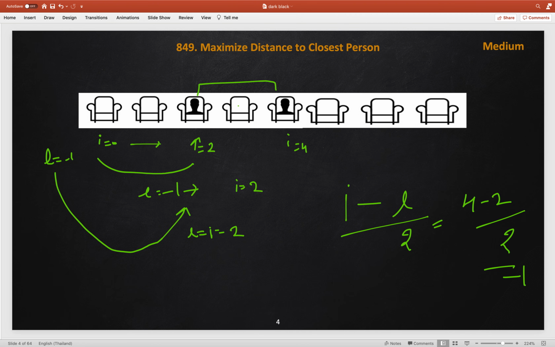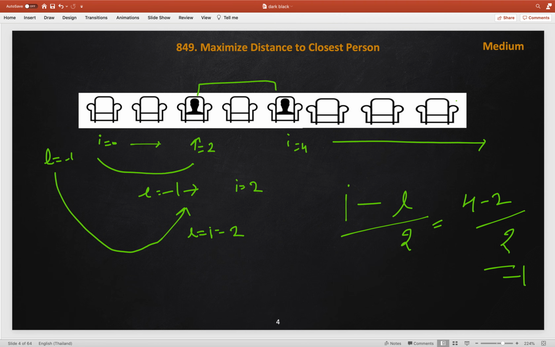As we said earlier, if one sits in the middle, the maximum distance is 1 if Alex sits over here. So far we found 2 from the starting and 1 from here, so the maximum is still 2. We will take the maximum. Now we will keep continuing and exit the loop.